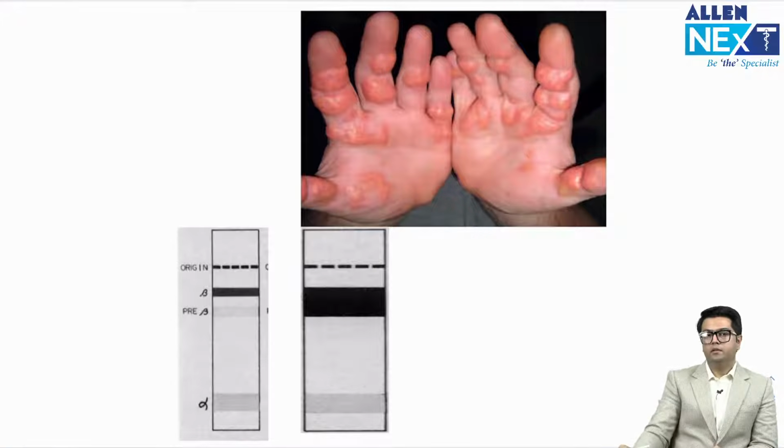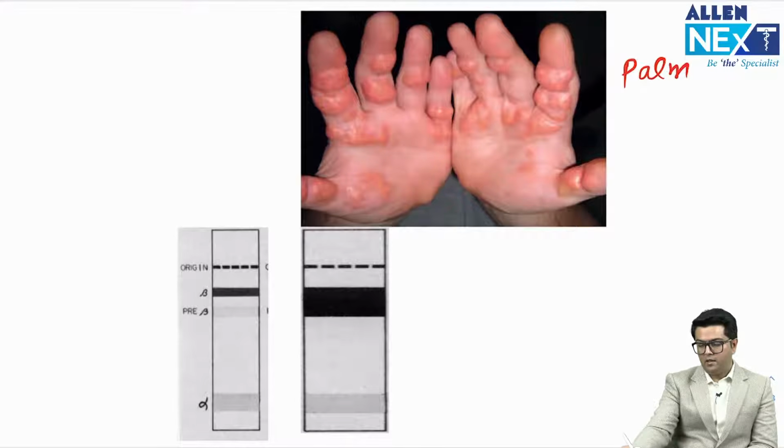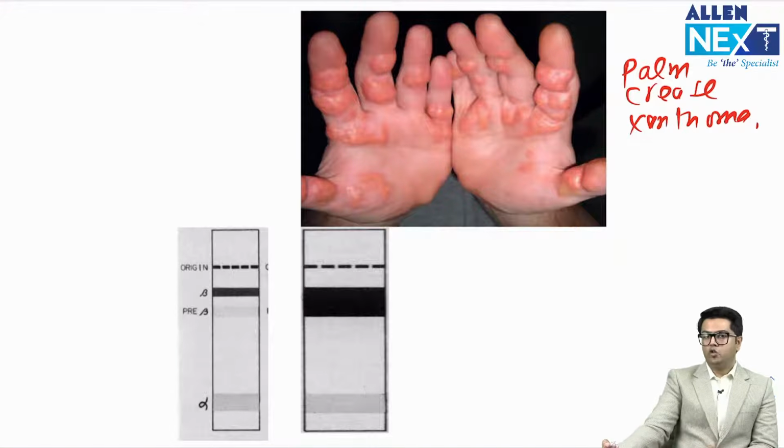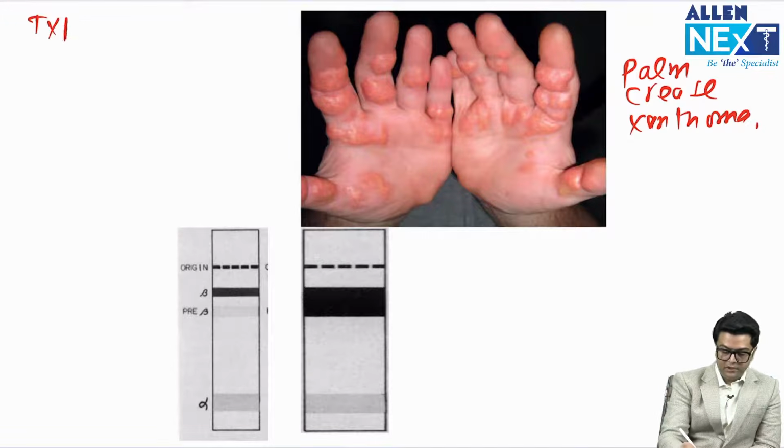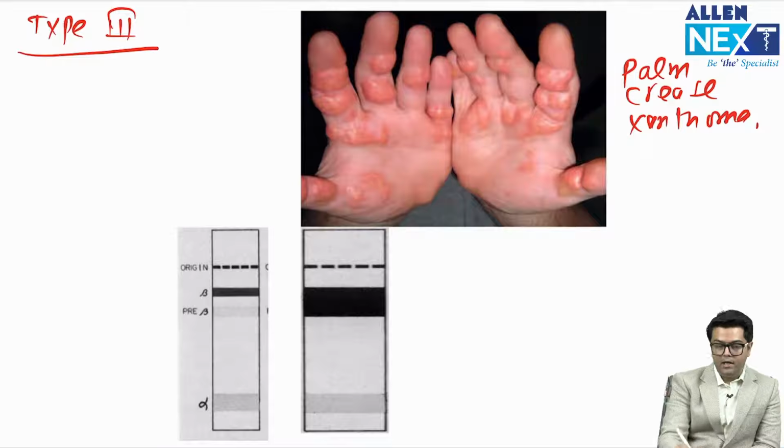Then we have the next one. So guys, what is the finding shown here? This is the finding which is called the palm crease xanthomas, or the palmar xanthomas we can say, which is a very severe condition here as shown in the figure, right? Palmar xanthomas. Fine, guys. And in this case, this is pathognomonic of type 3 hyperlipidemia,